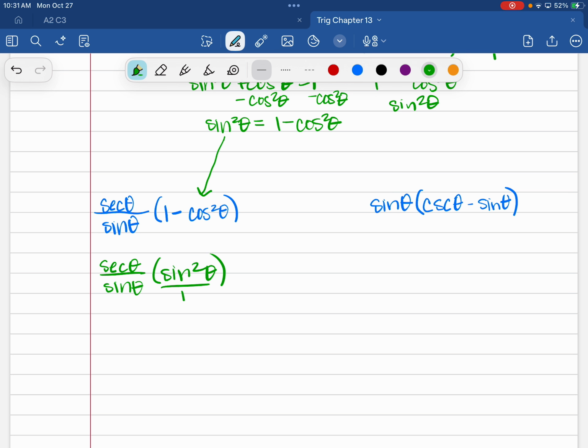Now what? We can multiply our sine secant, and that would look like sine times secant multiplied by our sine squared theta over 1. Would that look weird? No. If you do the sine squared theta over 1